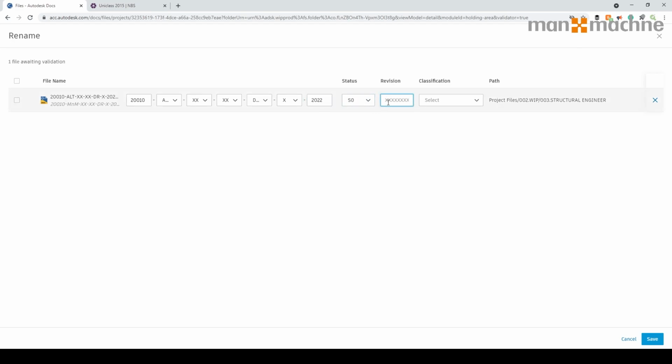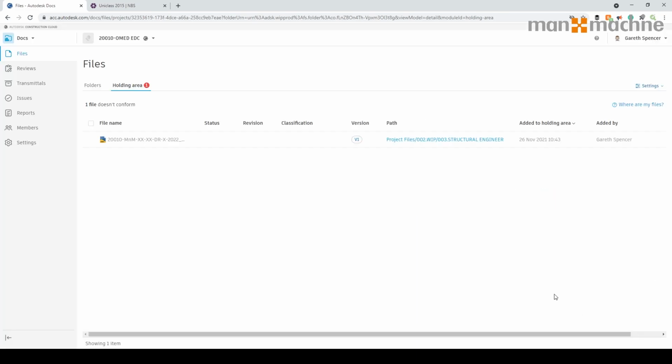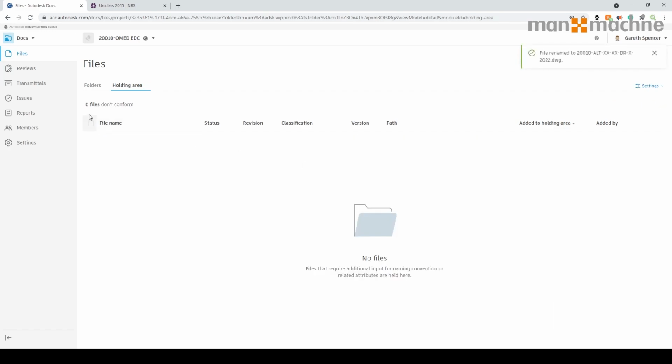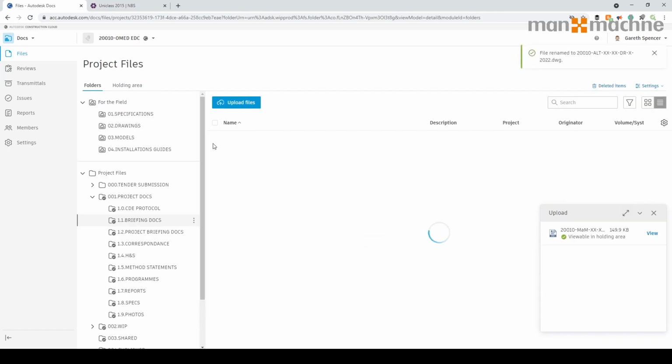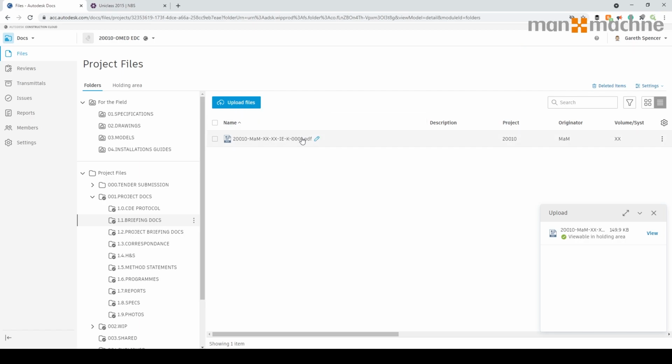So I'll go in here, type in the relevant fields, okay. Actually, I'll just click one of these for now. I'm not really bothered about that. I can always change that anyway. So click save, and the file will be uploaded. So what it's doing is putting the file into the holding area until the file's ready, and you'll see this one's in here now. And if I just drag this across, so for example, we could, with regards to the